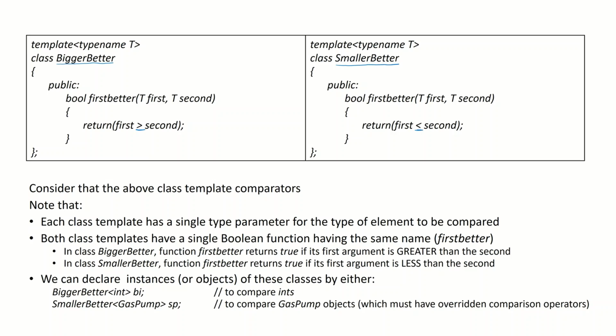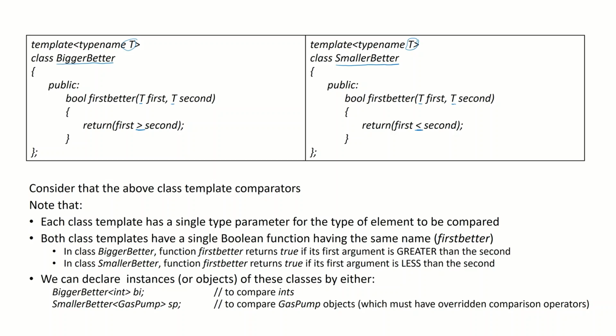Okay, so each class template has a single type parameter. So both of these have type parameter T. And T then is used in the actual function header. And they have a single public Boolean function called first better. And both of these have the same